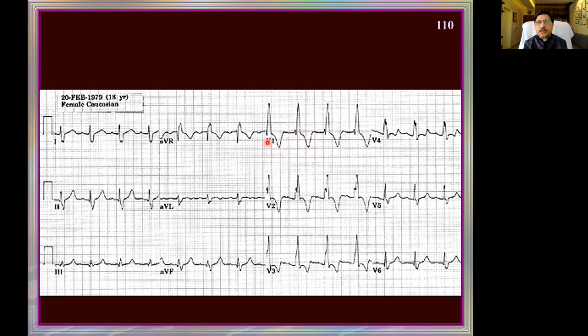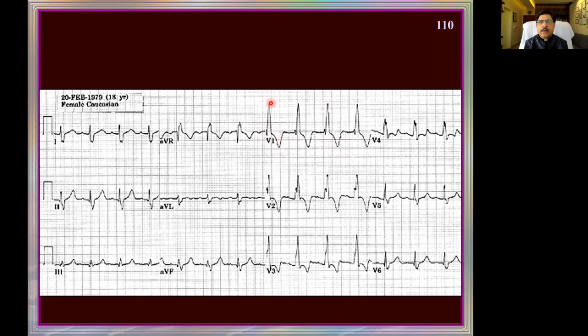And the QRS has no business to become wider, but it is much wider. And it is not just an R wave, it's an RSR' pattern: a small r followed by a capital R, a bigger R. The T waves are in the opposite direction. The first criterion, 0.12 seconds, is crossed.